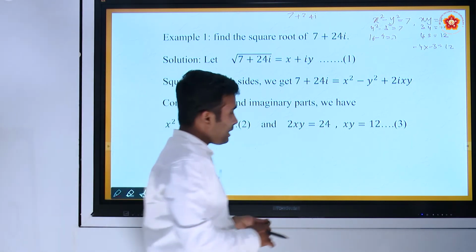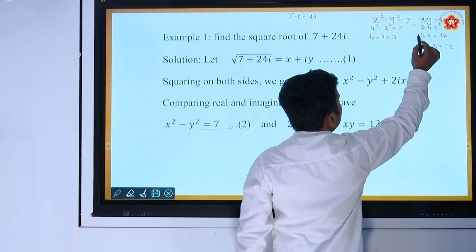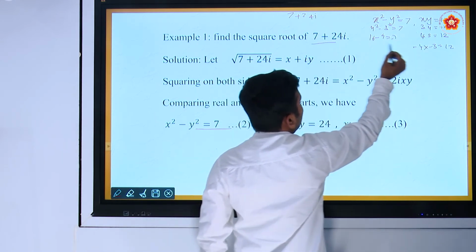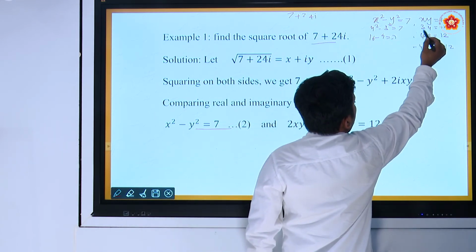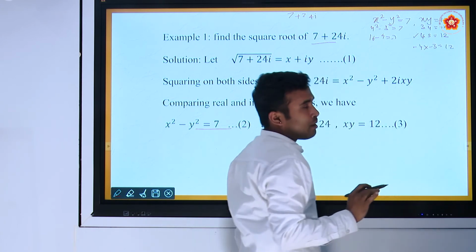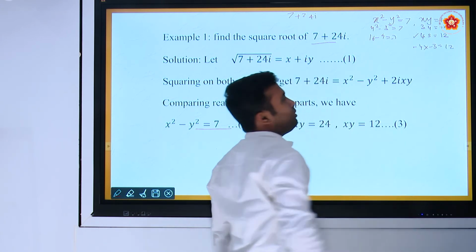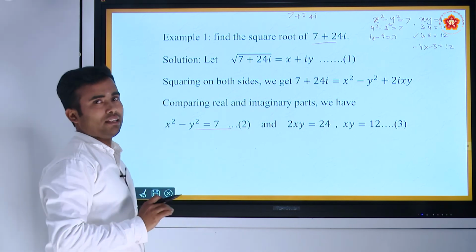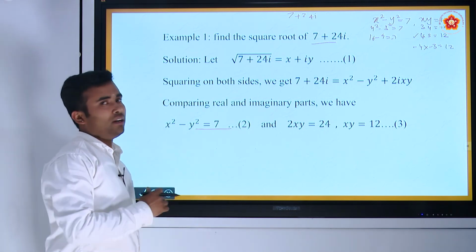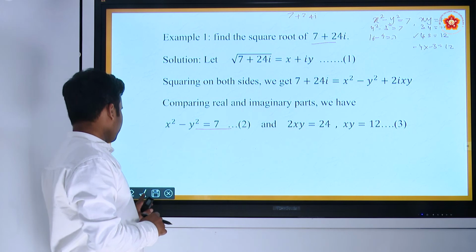Therefore, we can say that there are two complex numbers. The square roots of the given complex number are 4 plus 3i or minus 4 minus 3i. In that way also we can find the square root of a complex number. Next,